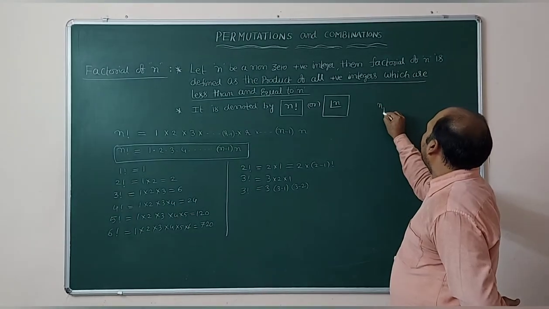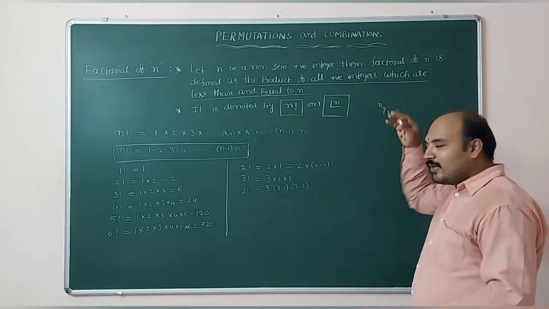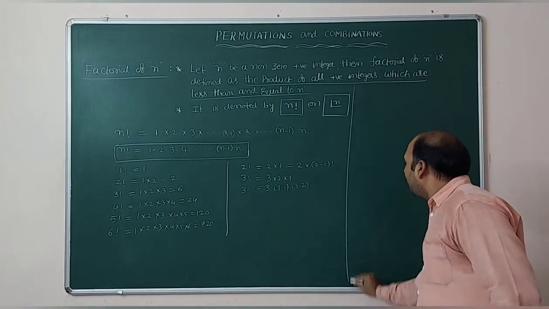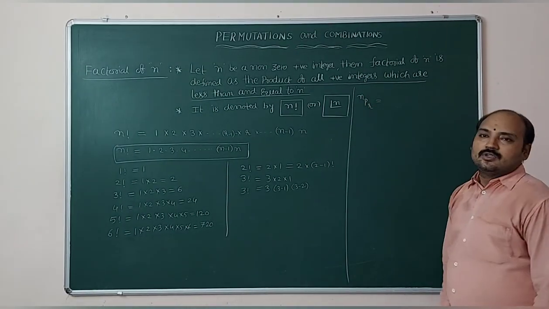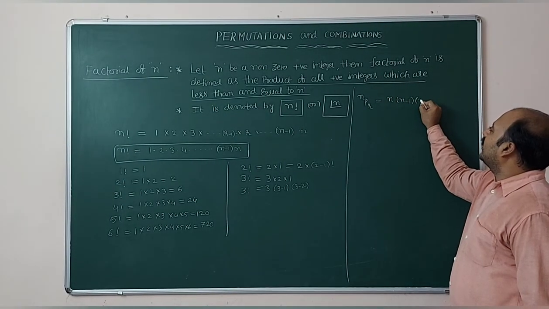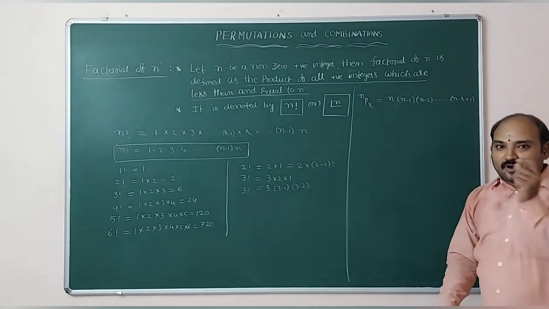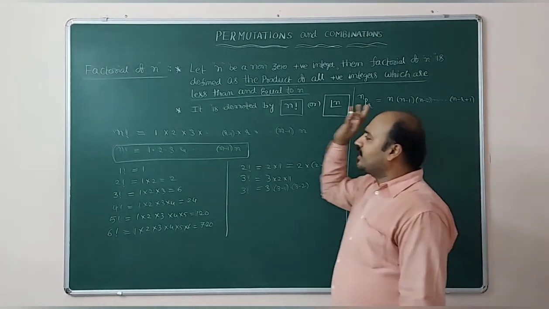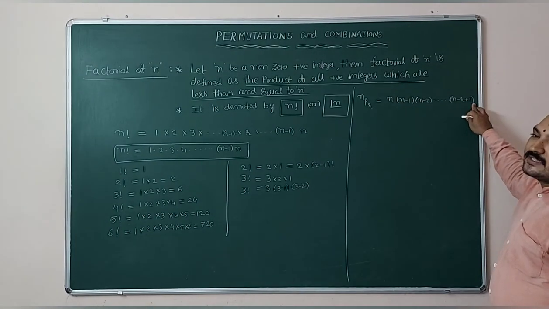Previously we got nPr. I did not tell the expansion of nPr. Now I am explaining. After explaining nPr, I will come to here again. So the definition of nPr is n into n minus 1 into n minus 2 and so on, n minus r plus 1, that is n minus of r minus 1, that is n minus r plus 1. But I am going to write this information in terms of factorial. I want factorial. So n minus 1, n minus 2 and so on, these terms are there.